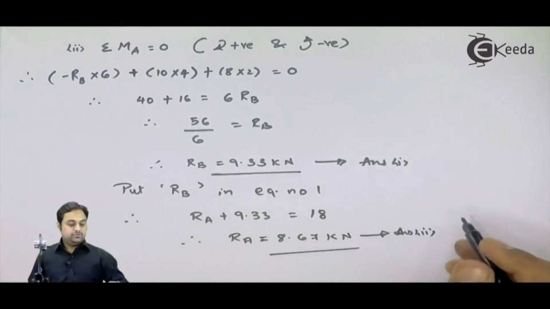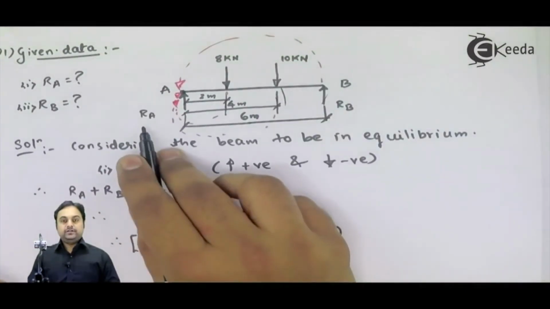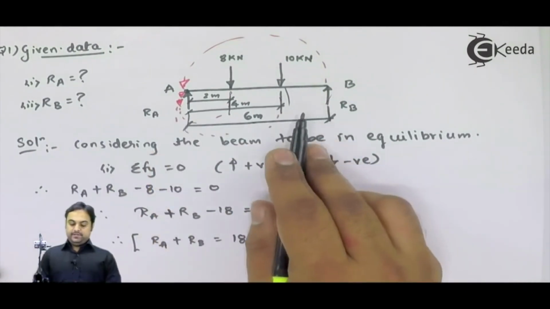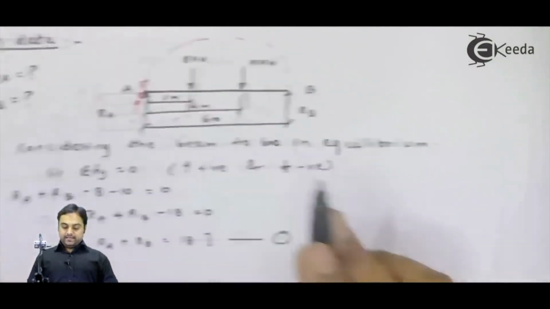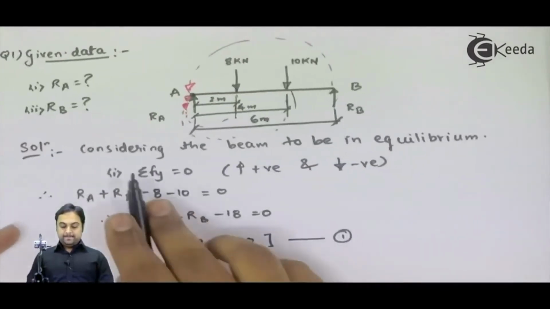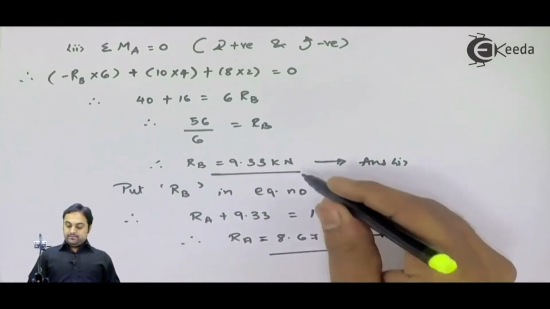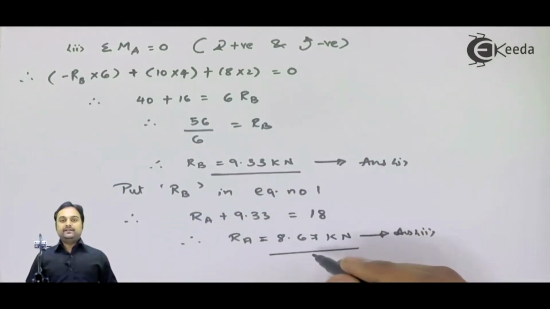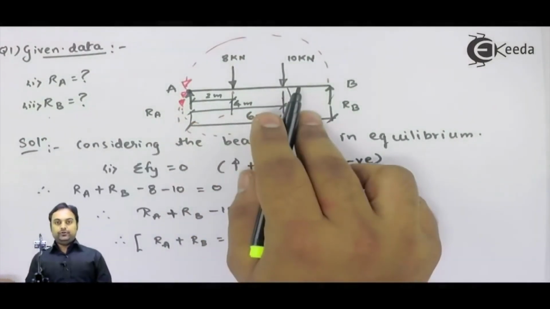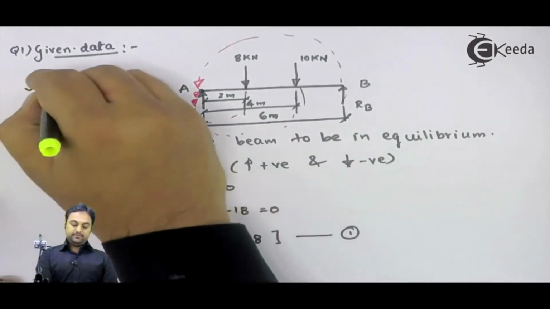So if we look into this question, they were asking us to calculate the reactions offered by the supports, that is RA and RB. We have found out RA as 8.67 kilonewton and RB as 9.33 kilonewton. It means these much are the reactions offered by the simply supported ends because of loads 8 and 10 kilonewton, and for this the beam would be in equilibrium. This completes our